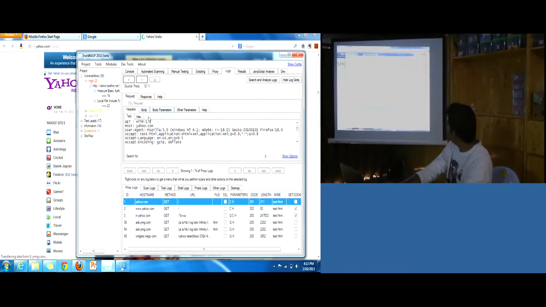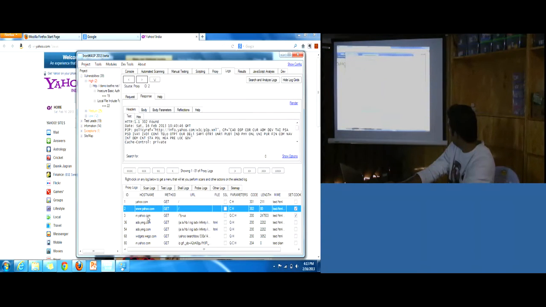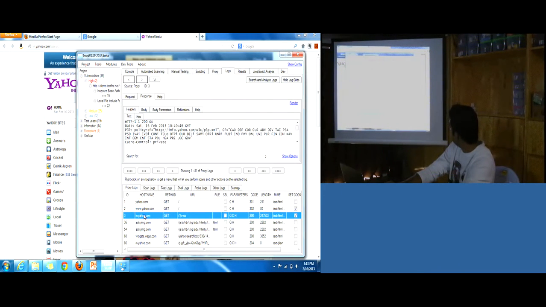This is the initial request that was sent. You can see all the request headers and everything. And this is the response. It was a 302 redirect to www.yahoo.com, and this is the final response from in.yahoo.com.